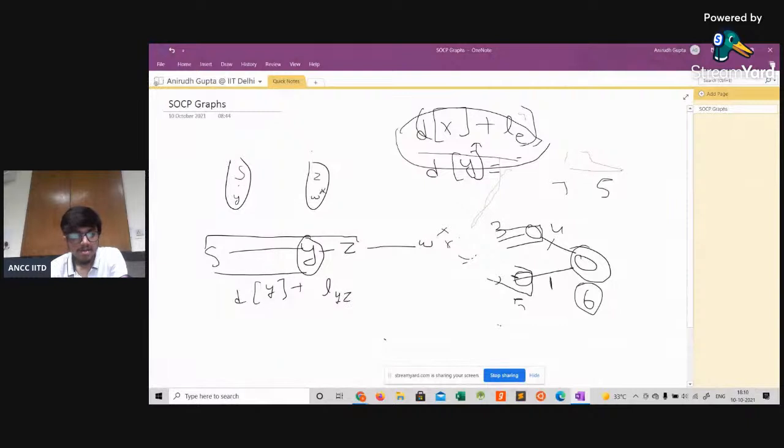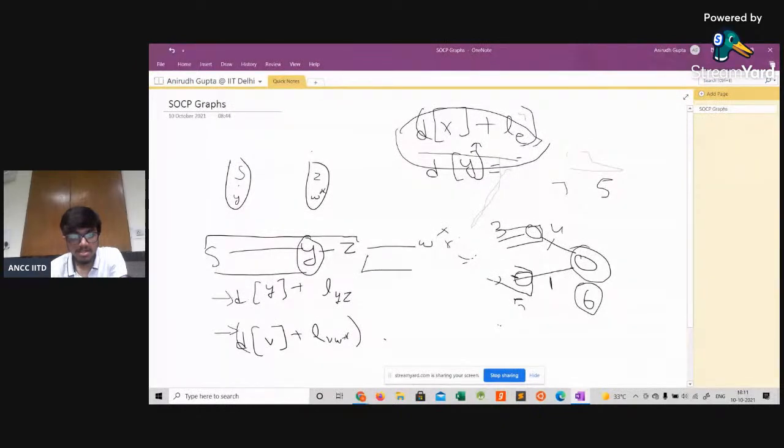And according to the greedy criteria that Dijkstra uses, we chose W star. Why? Because there would exist some vertex V such that A(V) plus L(V W star) is minimum among all edges that cross the frontier. So what does that mean? That this value is smaller than this value,